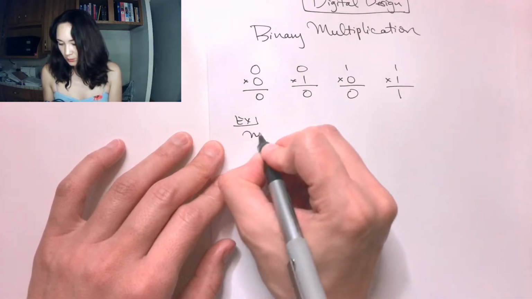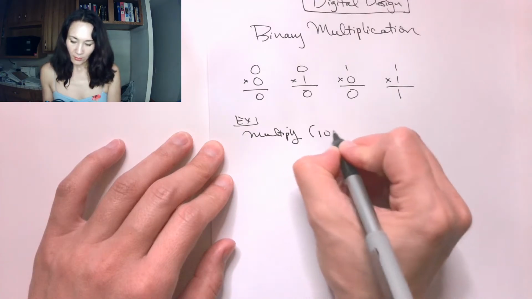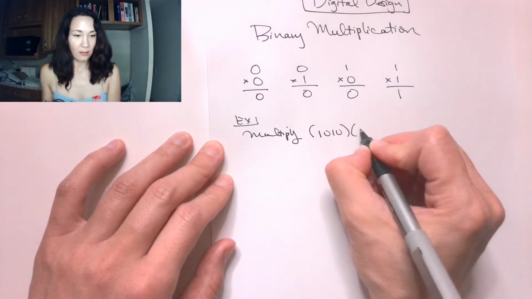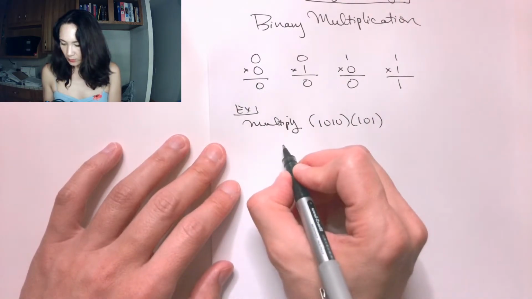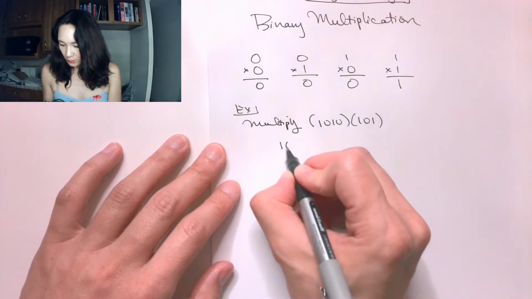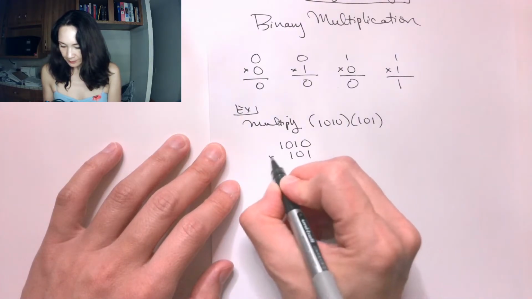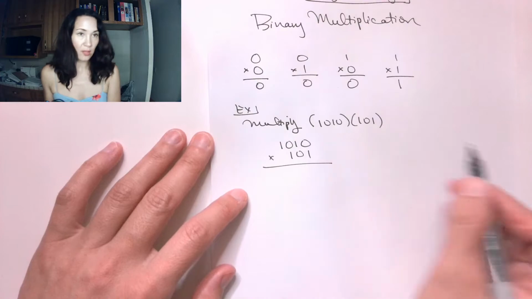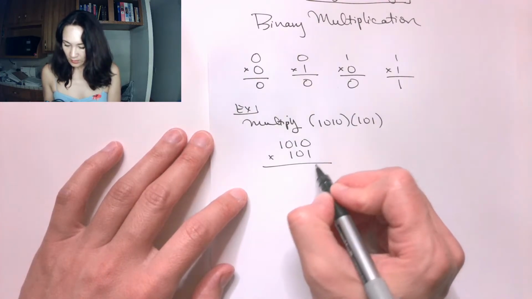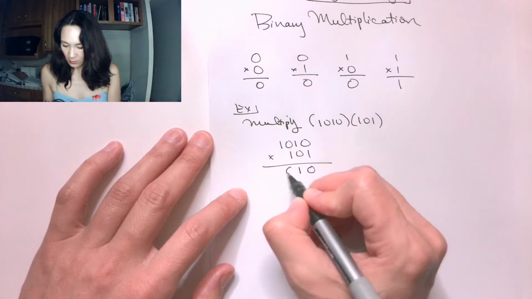Suppose we want to multiply 1010 by 101. Okay, so just like we were going to be doing a multiplication problem in decimal, let's stack these up. And I'm going to first multiply this least significant bit on the bottom by everything on the top. So this is 1 times 0 is 0, 1 times 1 is 1, 1 times 0 is 0, 1 times